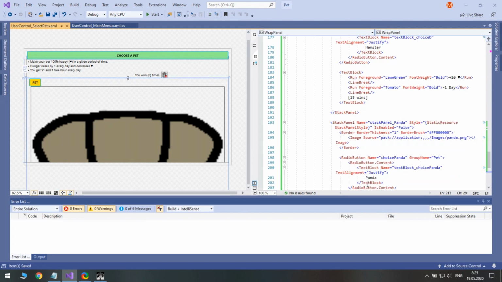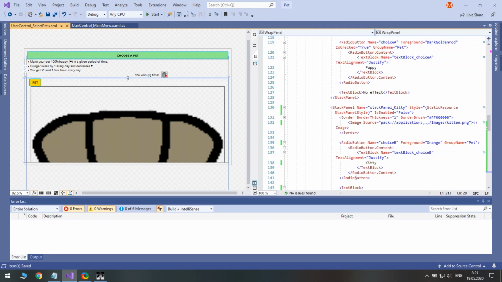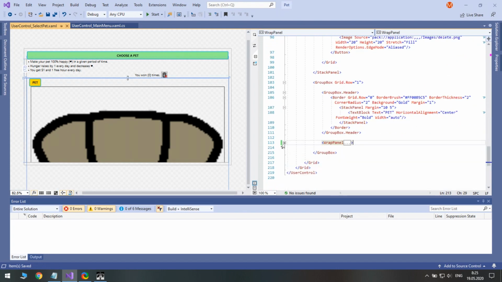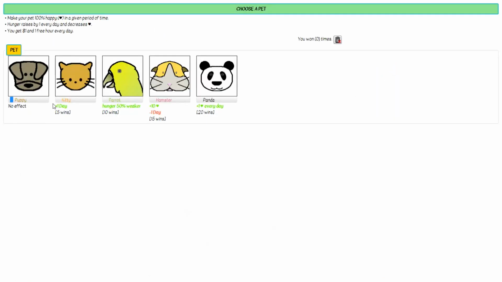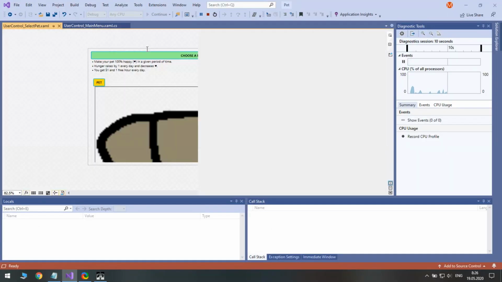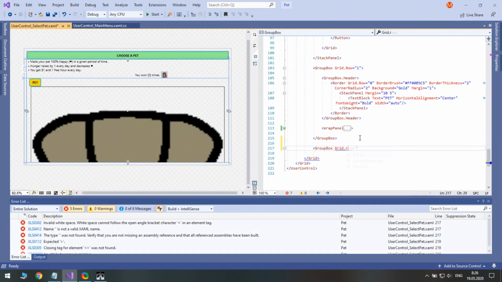Now all 5 page choices are inside the wrap panel. The pet group box is finished. Let's move on to the age group box.